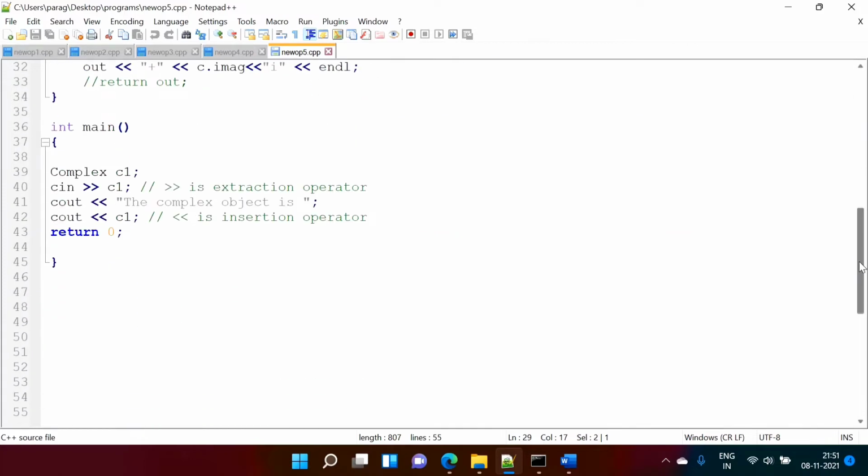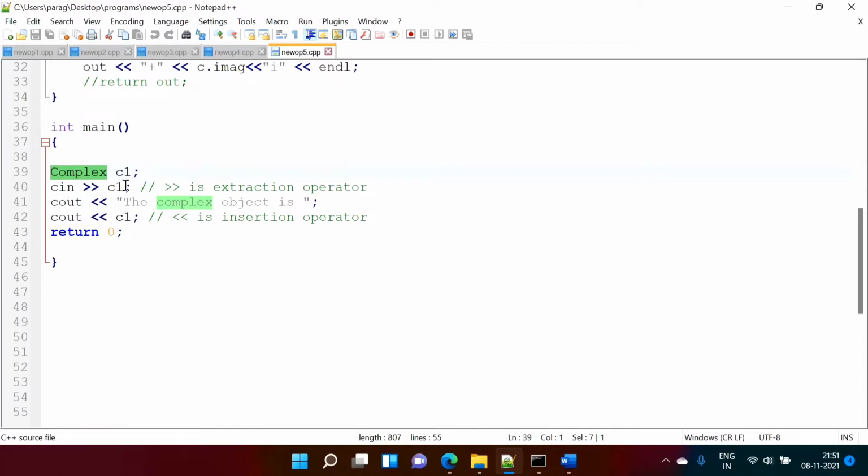Now see, here there is one issue. cin is an object of the istream class while C1 is an object of the complex class. So both are objects of different classes. Such an example we have seen in the last video. These are not objects of the same class.